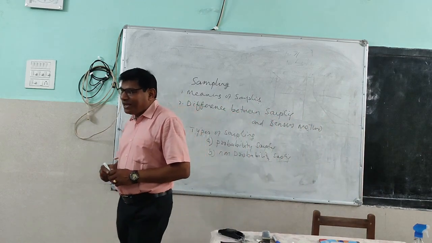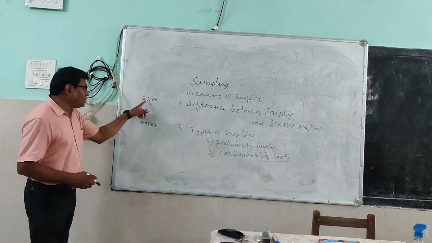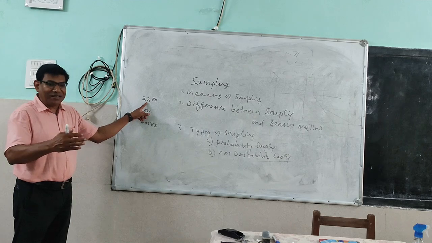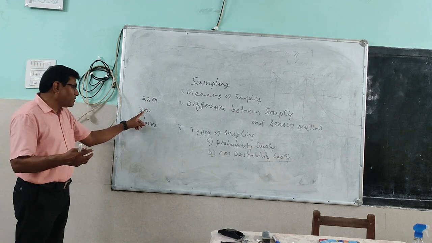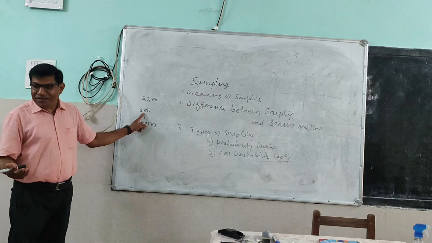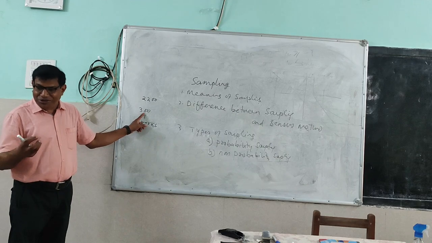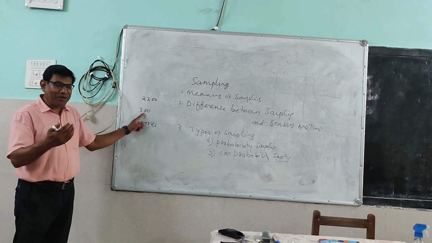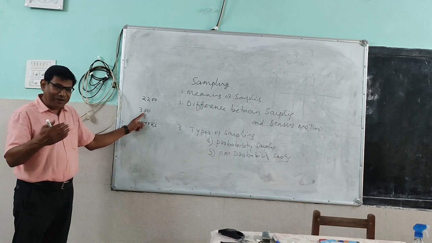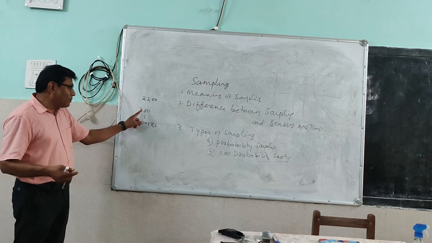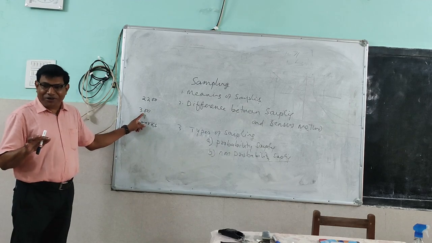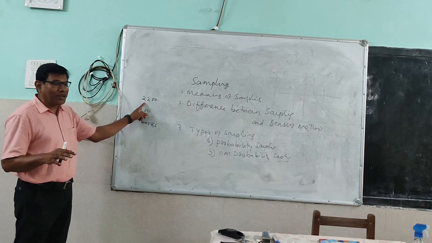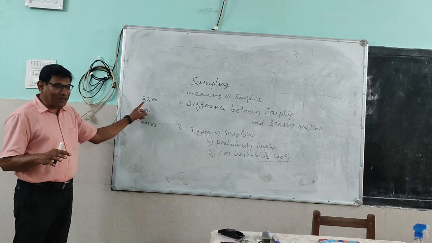So look at this simple example that we have taken. Suppose there are 2,200 students. If you collect data from all 2,200, it may take 30 days. If you collect data from 300 students, you can complete in 5 days. So this will reduce our time and expenditure, because whenever you go to collect data from any field, from a village, there is a lot of expenditure of traveling and staying there. So if you use the sampling method, you can save your expenditure also. And this is much easier, because many times it is very difficult to collect data from the entire population. So that is called sampling method.